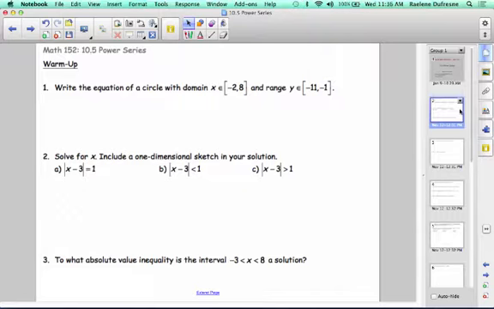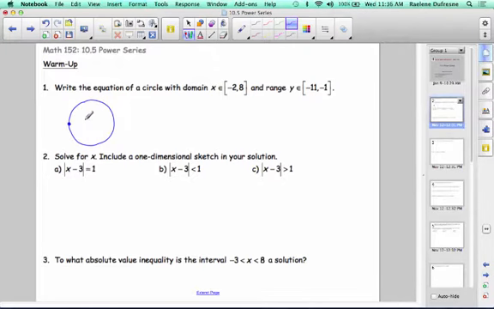Let's begin. As a warm-up, let's write the equation of a circle with a domain of x contained from -2 to 8 and a range y contained from -11 to -1. Well, if we were to just sketch this, we could easily see the circle going from -2 to 8 and therefore having a diameter of 10, which is 8 minus -2, and we have a diameter vertically from -11 to -1, which is also a change in y of 10. And so we have the diameter is 10,